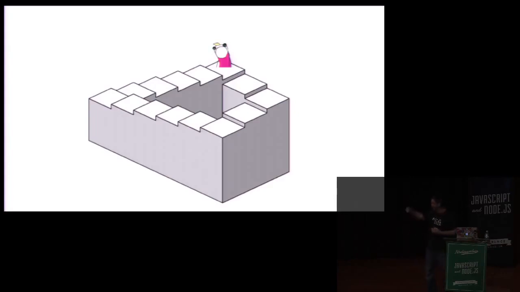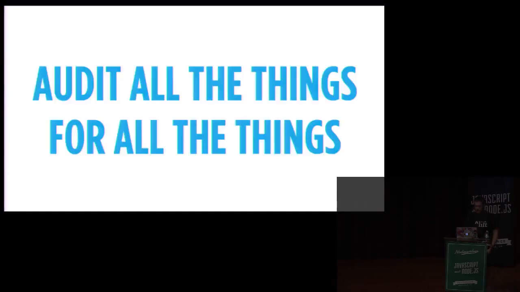Security, it's a journey. It's not a destination. It's like the Penrose stairs. You will be this little person forever and ever and ever. And that's what we are. That's the Node Security project. I can't meet that claim of auditing all the things for all the things. I will never, ever meet that claim. I'm sorry that I ever said it, and I take it back, and we will just move on. This is my moving on from that.